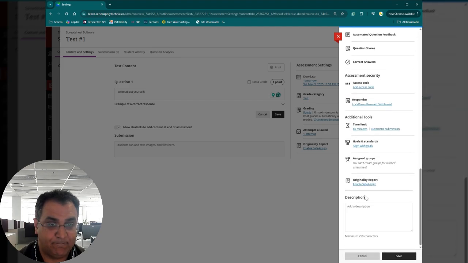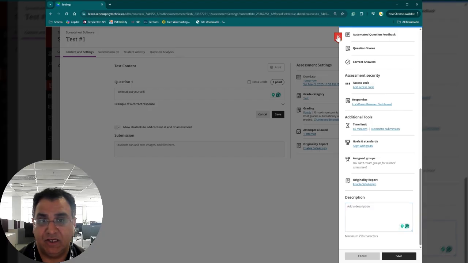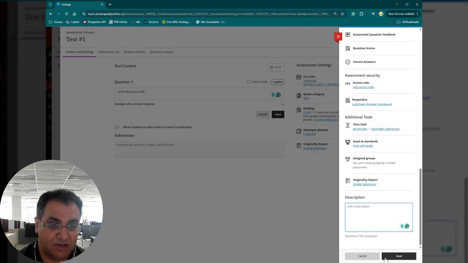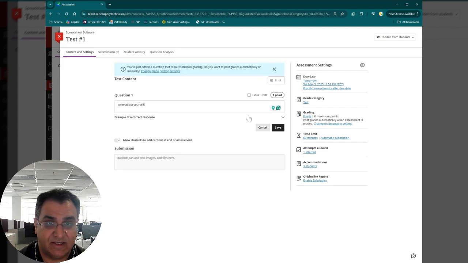And then make sure that you add the description. So there is a document that is available on our Teams that's called Academic Integrity Statements. So make sure that you add them here. I also add that academic statement here. You can also add them. Let me just save this part for now. You can also add your academic integrity statement as a text in your test. So if I save this,